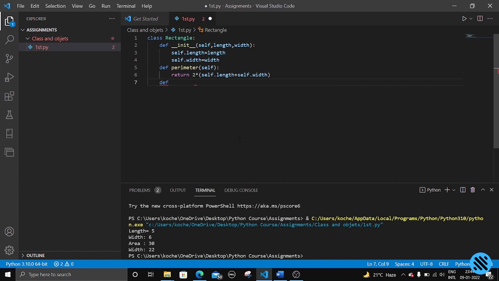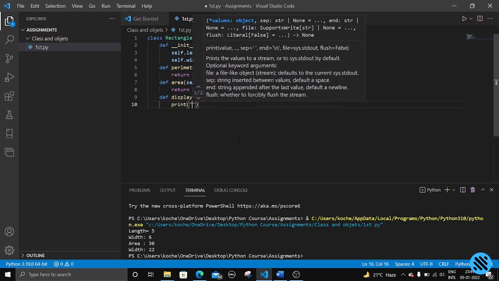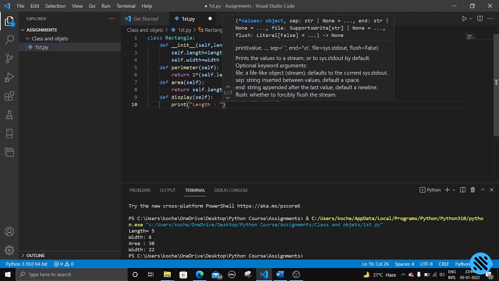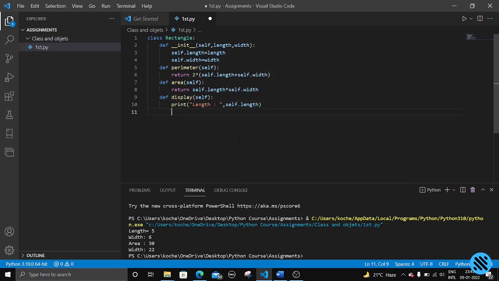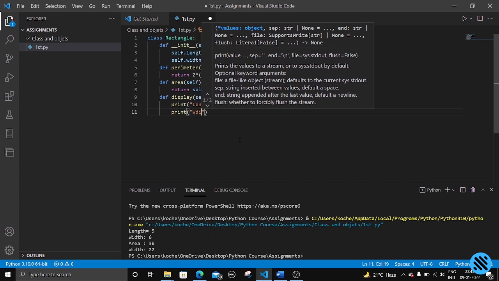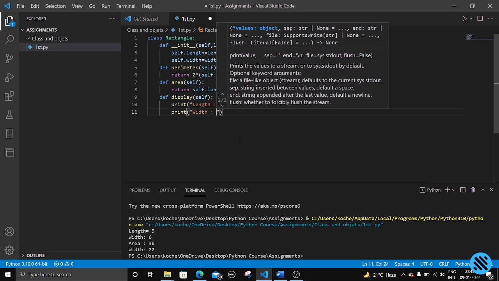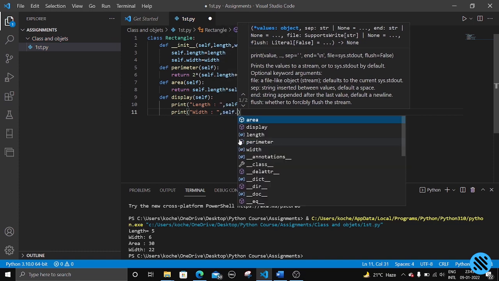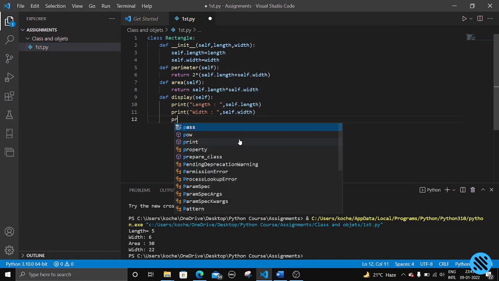Okay, and area, and what is the area? The area should return self dot length star self dot width, L into W, right? And we need to create the display function, display self. We need to print what it should display: length, width, area and perimeter, right? Length, what is the length? Self dot length, print width, self dot width, and next